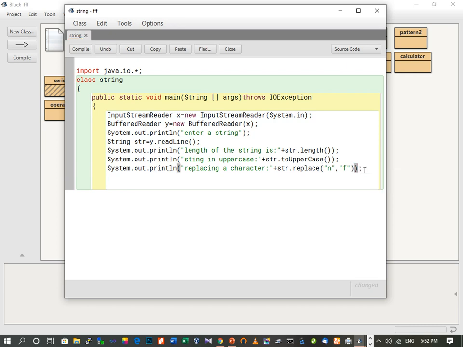Then the next function, we will trim the blank spaces. So here we can print trim blank spaces. If the user keeps any blank space, that will be trimmed by this function. So str.trim.